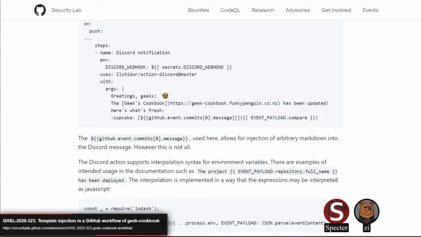But sometimes maintainers just skip over that or miss it, or accept a pull request because the code looks good. They skip past the commit message, and then it gets pulled in and they get popped, right? It's one of those things where the input was trusted, where it shouldn't have been.